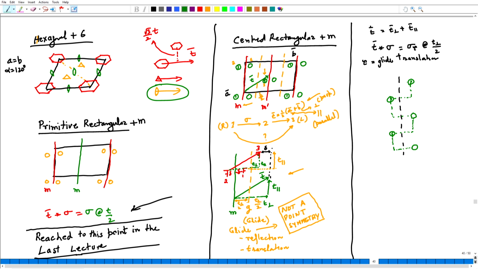This is how the pattern will look along the glide plane. And how much do I translate every time? I translate by a distance tau. Now, let us look at what these distances are. This is clearly 2 tau. Again, between this object and this, on the right hand side, this is 2 tau, and this is a right handed object. By mistake I have put it as left handed.